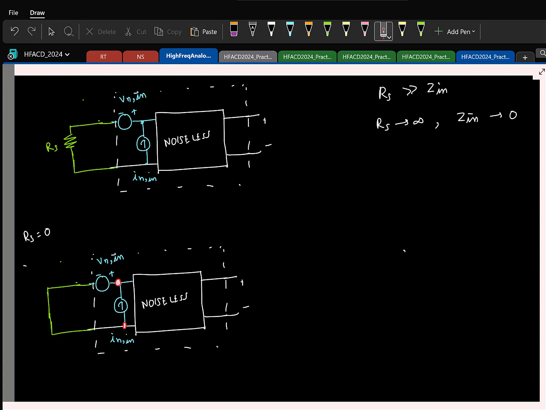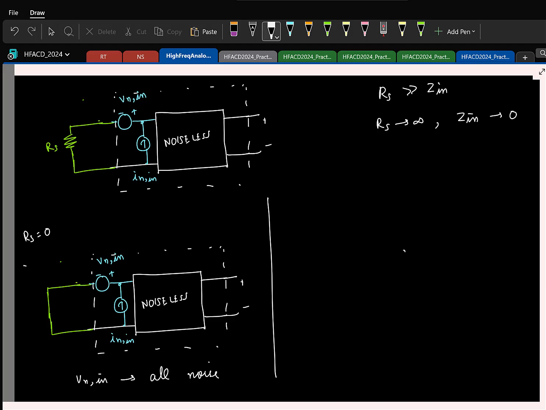Voltage source, because the voltage source is directly put across the network. So the entire noise is only coming from the voltage source, right? Because this current here will obviously flow to the voltage source, nothing will go into the network. Because voltage source presents a 0 impedance, so the entire noise current flows here, nothing excites the network. So in this case, VNN gives all the noise,